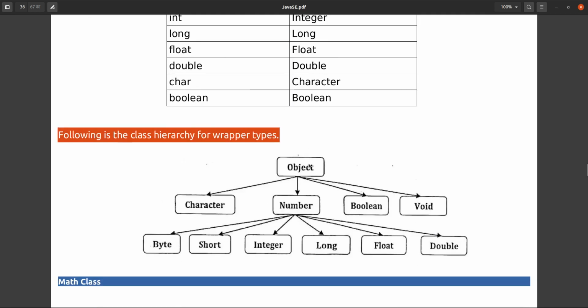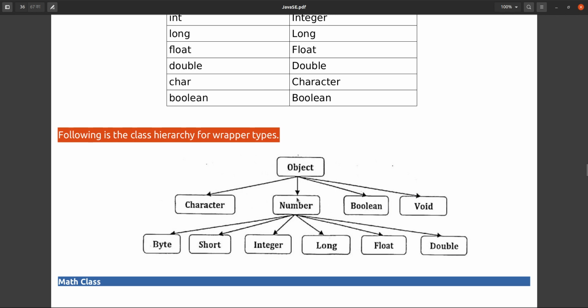Here is the class hierarchy for wrapper classes. As we have already seen, Object is the supertype for all the classes. In your Java program, all the classes in your project are subtypes of Object, and Object does not have any supertype. Character is a direct subclass of Object.